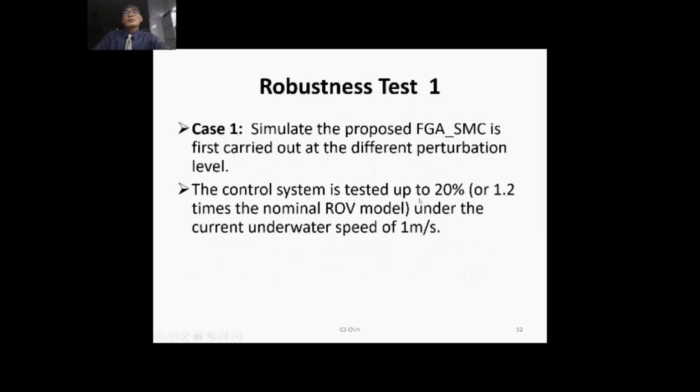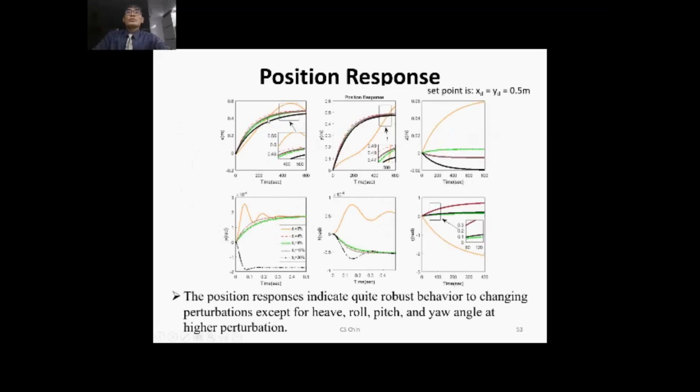The control system is tested up to 20%, or 1.2 times the nominal ROV model, under an underwater current speed of 1 meter per second. So we try to test it out at a set point X and Y of 0.5 meters. So you can see the position response that we plot at different perturbations from 0 to 20% at an increment of around 4%. The position response indicates quite robust behavior to changing perturbations except for the heave, roll, pitch and yaw angle